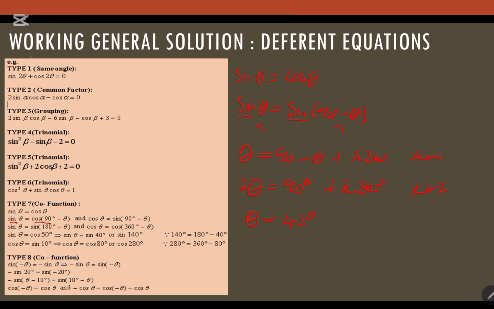That will give you 45 degrees plus k times 180 degrees, and k is the element of z. So these are just various methods of dealing with the general solution. If you look at type 8, it also talks about the cofunction,